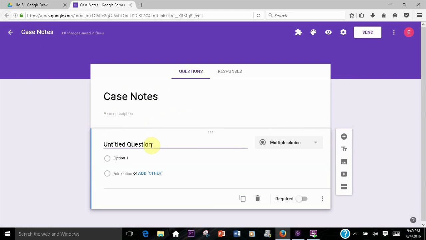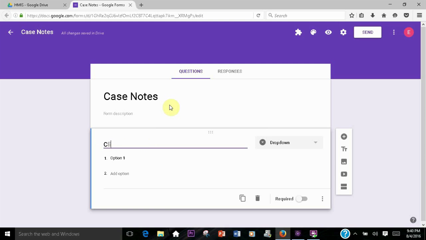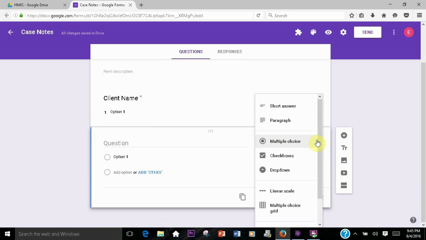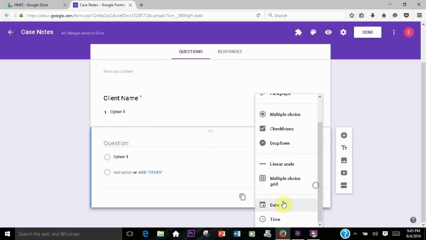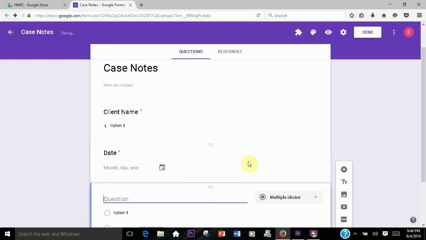And we want to make this a little different. We're going to make this a drop-down list. And we're going to put client name, make it required. And I'm going to make a date field. Instead of multiple choice, I'm going to go down here to date. And I'm just going to put date. And remember, you can put the time here if you want as well. Going to the next question,